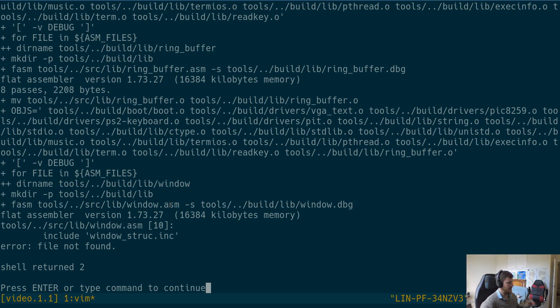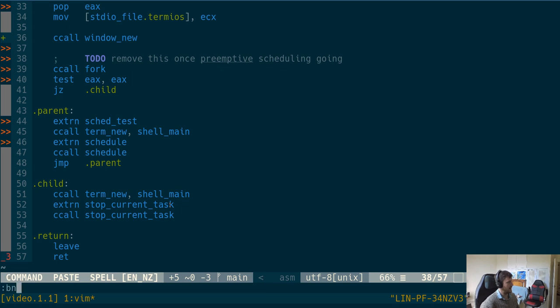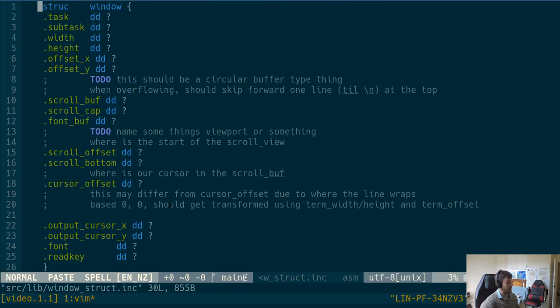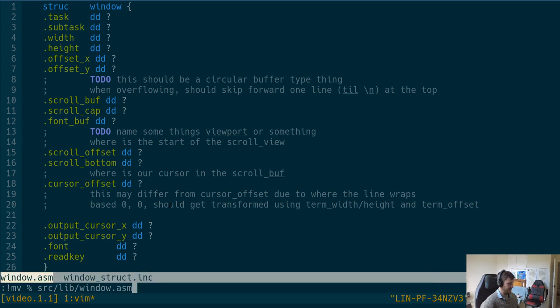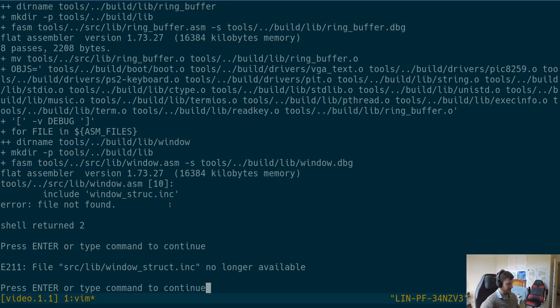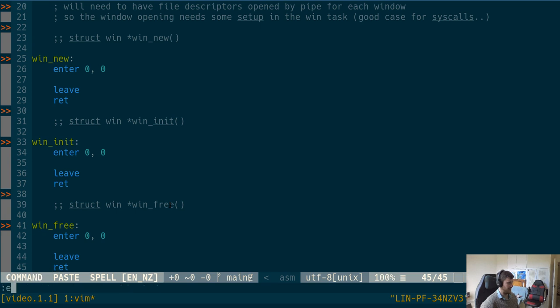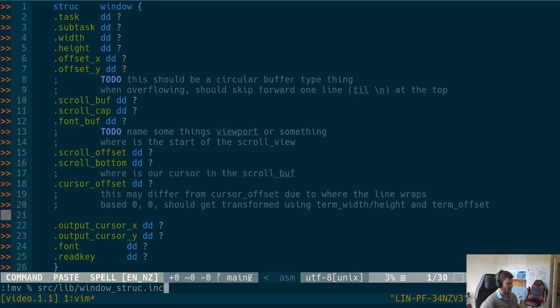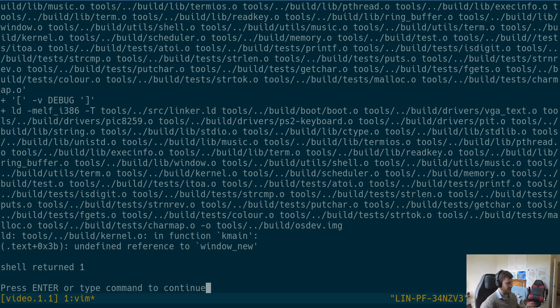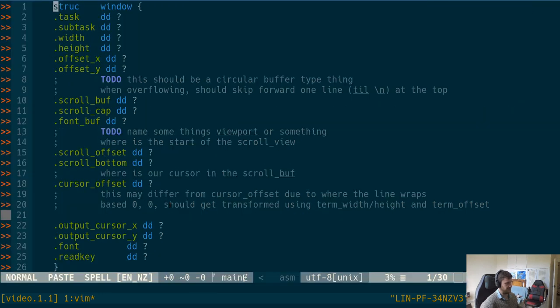So if we run this, it doesn't know about that file. Cool, that's interesting, because I thought I had it, I've called it struct. Right, so if we move this file to source lib, there's probably a way to, goodness, I don't often do this sort of stuff in that, and then if we do that, lib windows. So now if we do this, I mean, it's kind of good that it complained. Right, it doesn't know window new, so that means that it hasn't actually